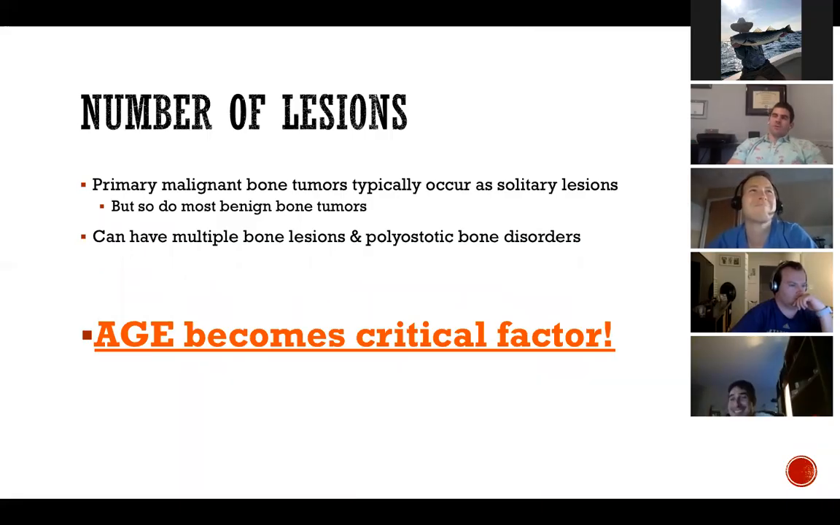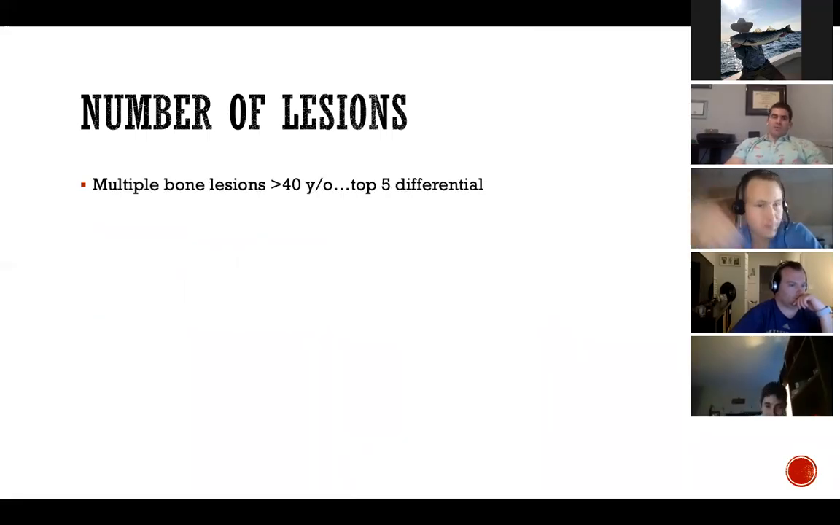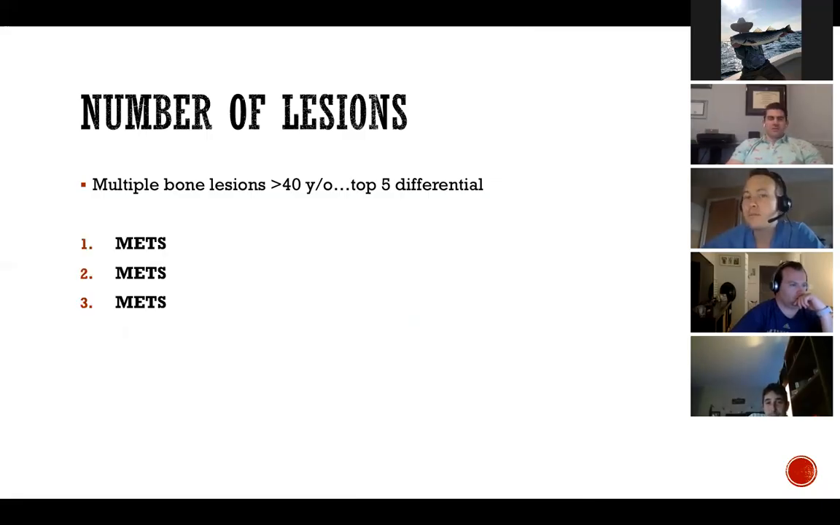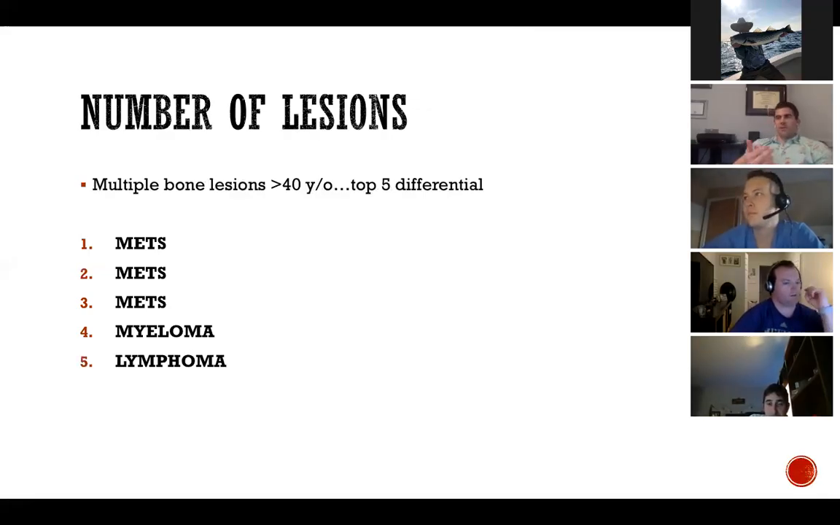Okay, so we talked about all these other factors. Age is very important. So this is one of everyone's favorite PIM questions. What is your differential in a patient over 40 with multiple lesions? Mets, myeloma, lymphoma, right? So in older patients with lytic bone lesions and with multiple lesions, you're talking about those three categories. They should always be in your mind. And infection maybe, but